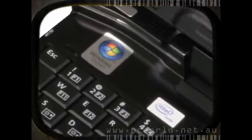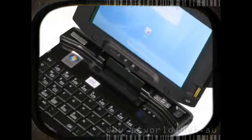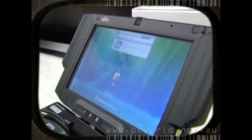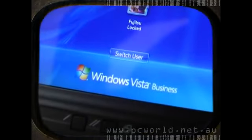Fresh from its debut at CES, the Lifebook U1010 has at last reached Australian shores, and they're not kidding when they call it an ultra-mobile PC. It weighs just 650 grams and features a 5.6-inch screen with a full version of Windows Vista Business Edition. It also comes with a 3.5G wireless adapter, making this already mobile PC a free spirit, limited only by your